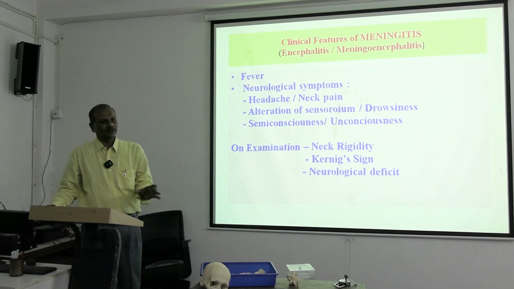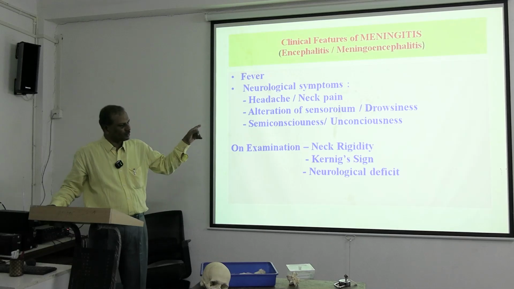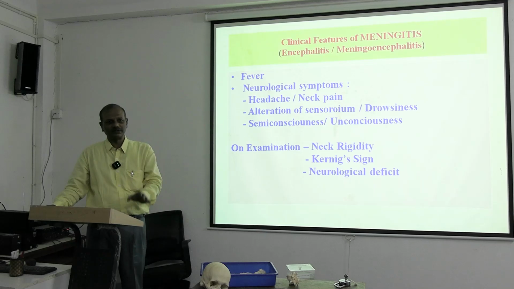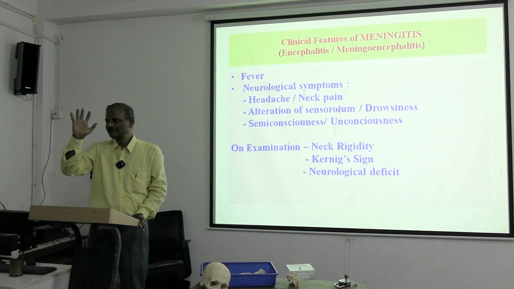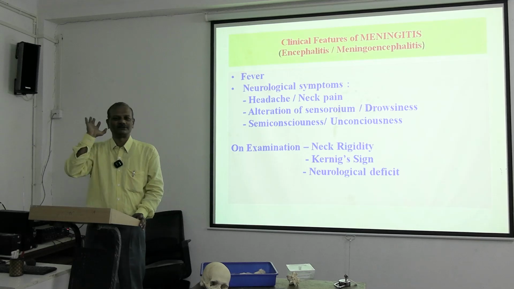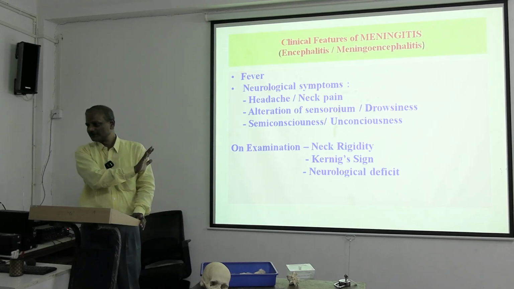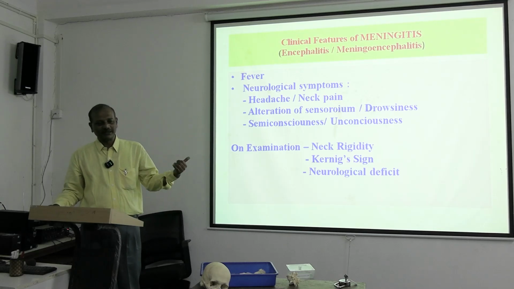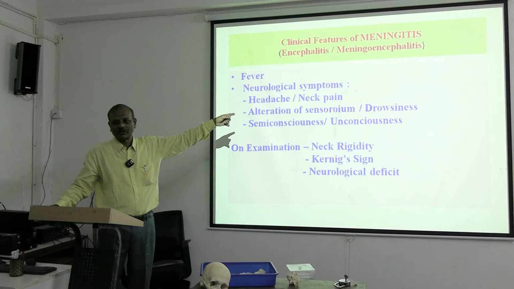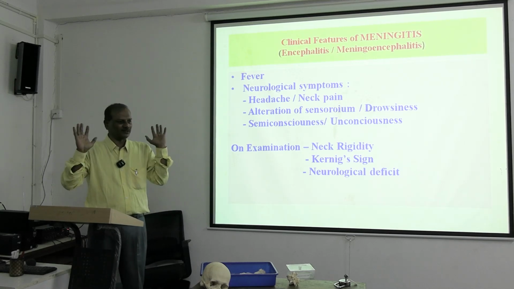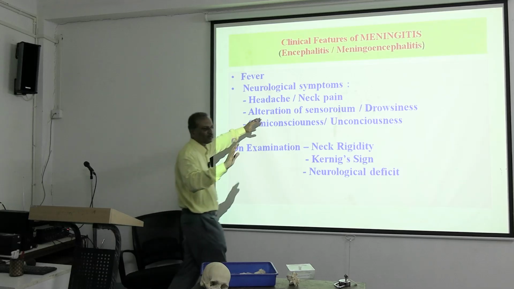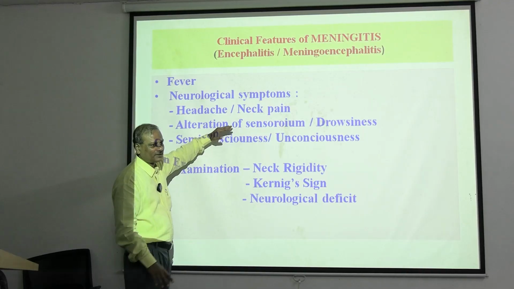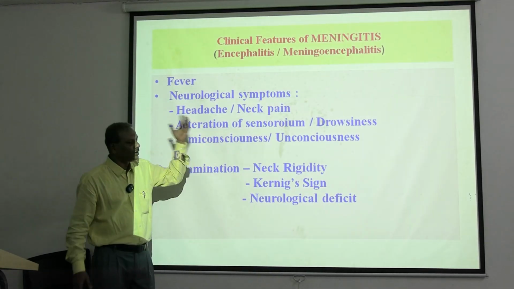So what the question will be: the patient has come with a history of fever, neck pain, neck rigidity, and some sort of unconsciousness or semi-consciousness. CSF examination revealed the following things. What is your diagnosis? That is the reason why I have written this part. This is just for the first sentence of the question. The moment you see neck pain and alteration of sensorium, think of some CNS involvement. Alteration of sensorium doesn't occur normally in other conditions until the disease is very severe. But here it is primarily affected. So there will be alteration of sensorium, drowsiness, loss of consciousness, or some neurological problem.